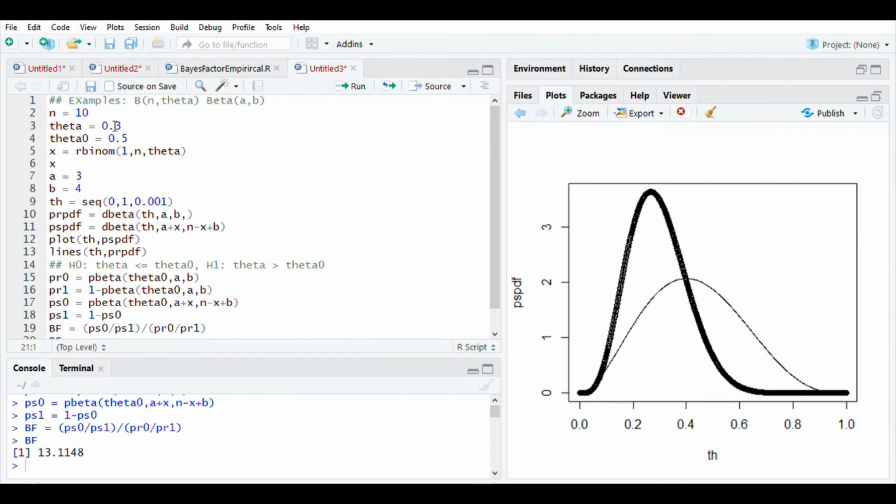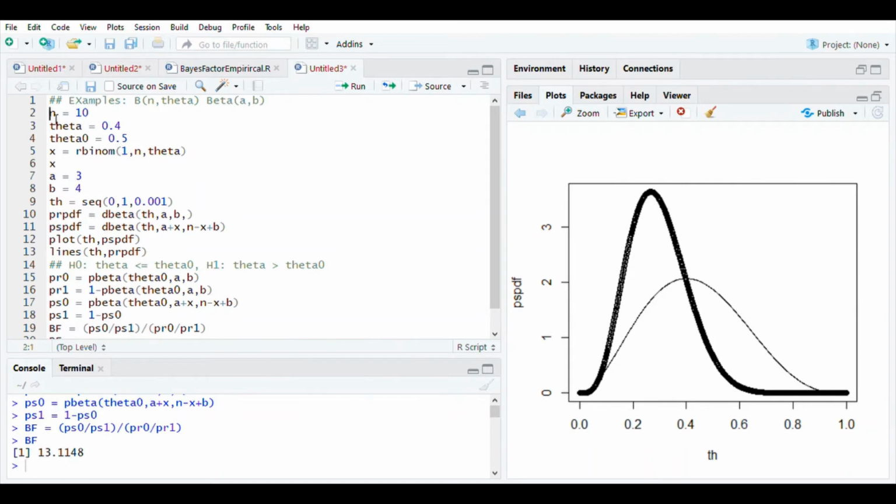Binomial 10 means it is as if I have 10 observations from Bernoulli trials. So indirectly the sample size is increasing here, because the information in a binomial sample of size 1 is equivalent to information contained in Bernoulli samples. So in that sense, if you change n, the results are going to be better. Now what will happen if I change theta from 0.3 to 0.4? Still I am very much in the range of H naught. So what I expect is that H naught should not get rejected.